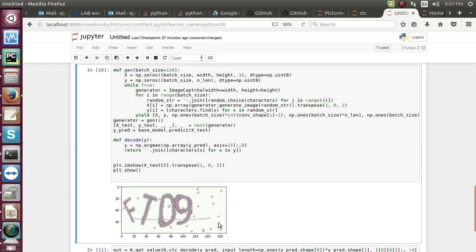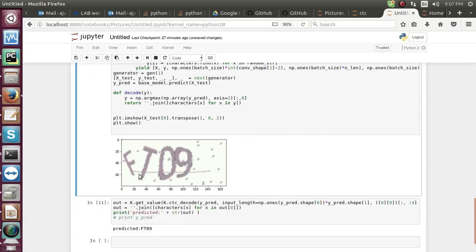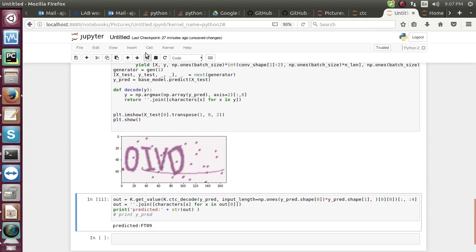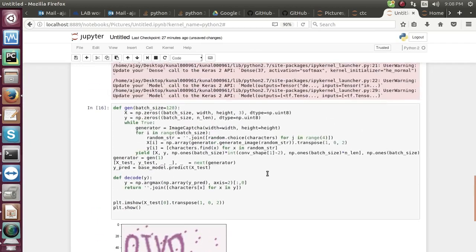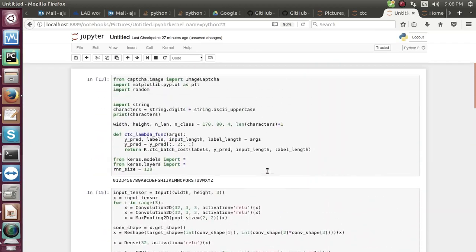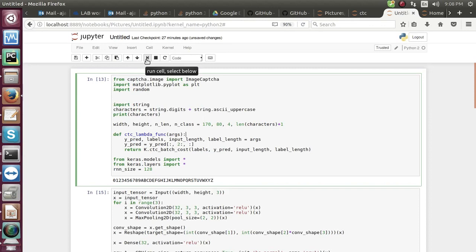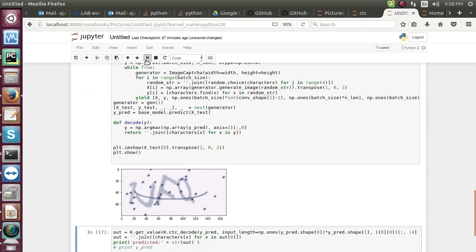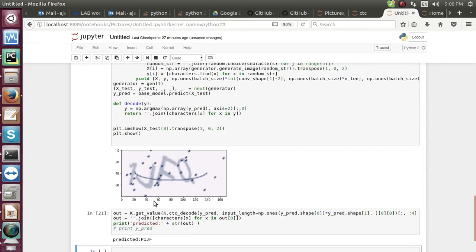As you can see, another image is being generated. Now let's see what prediction I'm going to get here. I change the image. It's OIVD. Let's see how much accuracy we can get. Oh, definitely this is not that accurate, FOIV, but it is a little bit accurate, and if I try two or three times, because the model is not fully trained, I will get some success in two or three tries.